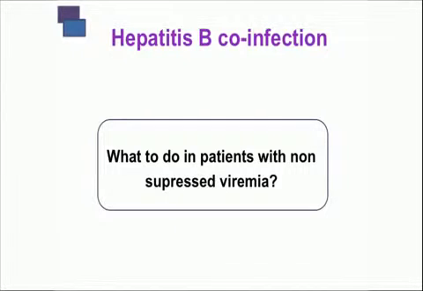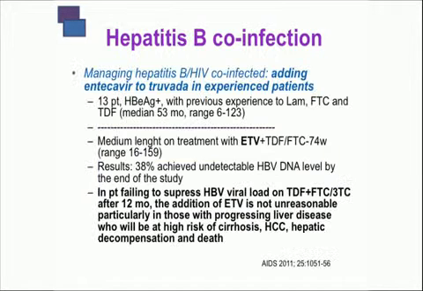But this is a very provocative question. If the patient is under therapy with Truvada plus another drug, and even so, at the end of 2 years, for example, he continued to have a detectable B viremia, what to do in these patients that are not completely suppressed? Well, I can show you 2 recent studies published last year that the intention was to intensify therapy,